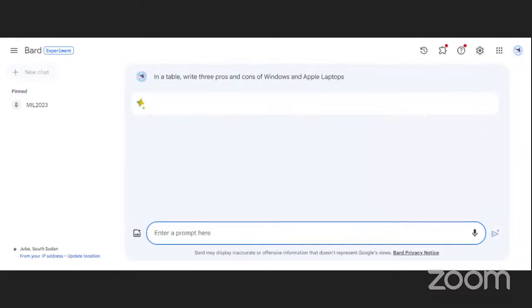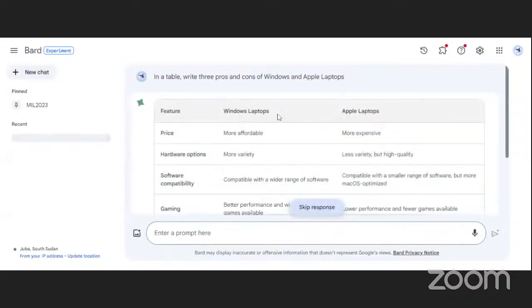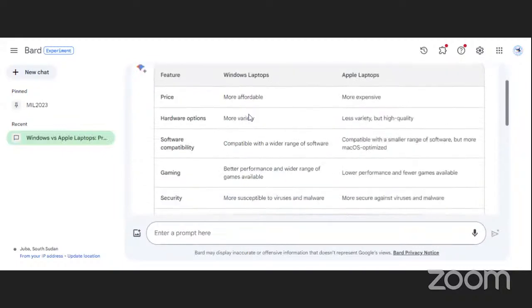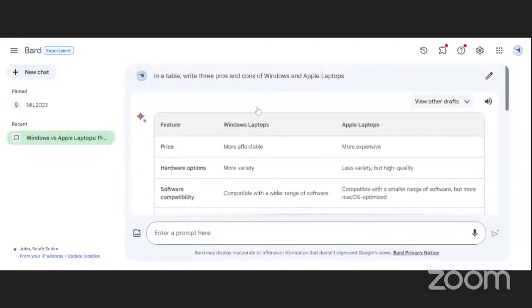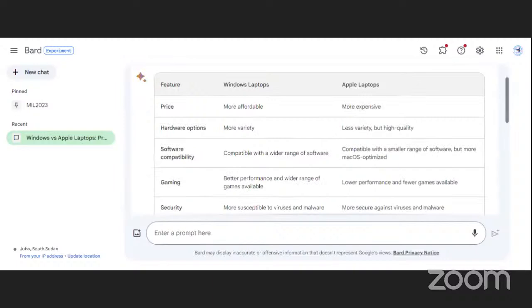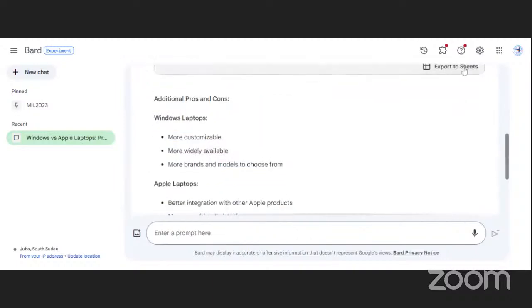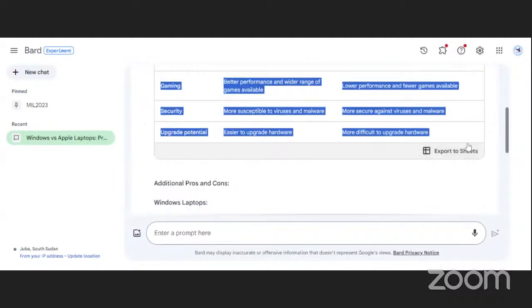And then you wait for it to do its work. You see, now here we have the different pros and cons of Windows. You see, it's already in a table. So when you copy this and put it in a Microsoft document or a spreadsheet, it will be in the form of a table.